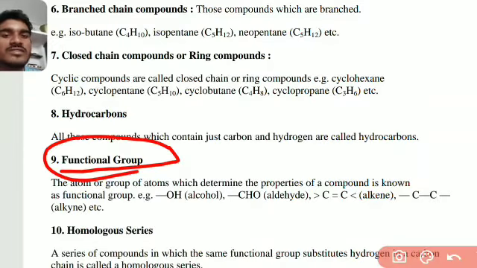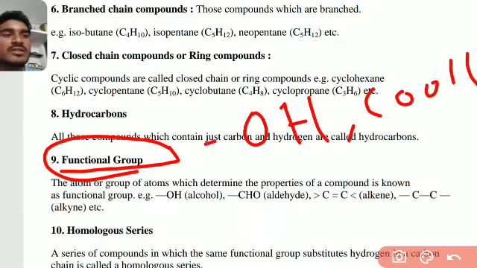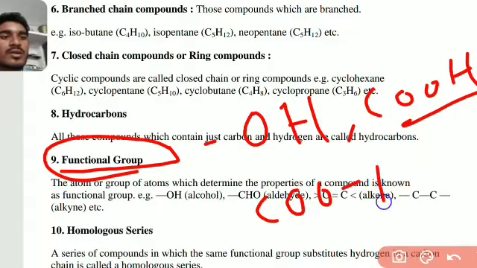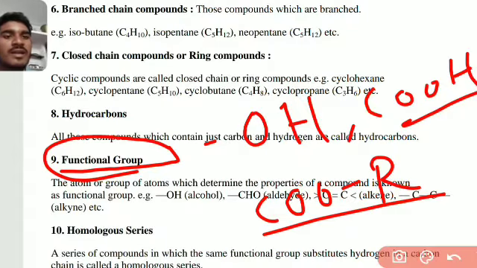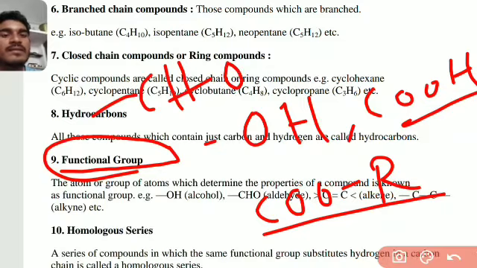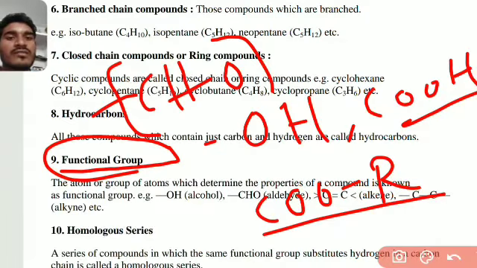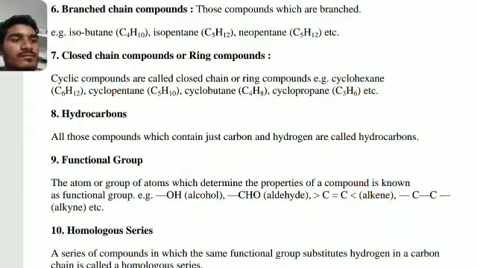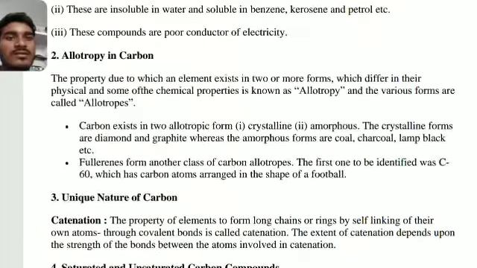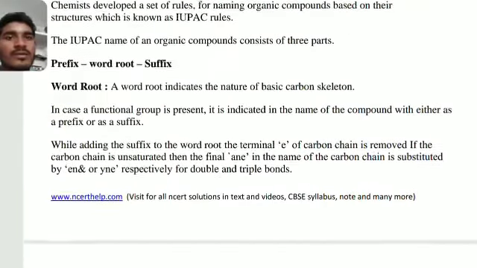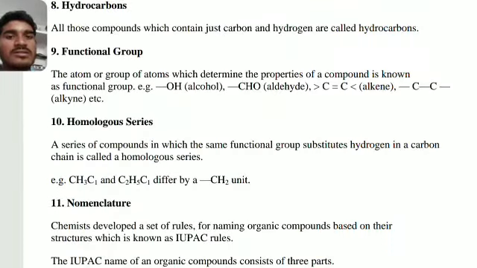Okay, now we see the functional group of carbon. The atoms or groups which determine the properties of a compound are known as functional groups. What is a functional group? Example, the OH group is a functional group, and COOH, the carboxylic group, and ester group. These are some functional groups, right? And aldehyde groups. And before that, the nomenclature of this. Okay, here we are missing nomenclature. After this, we can go to the homologous series.